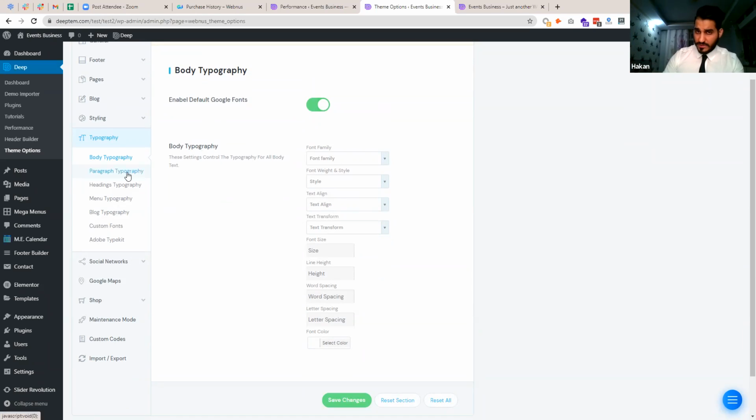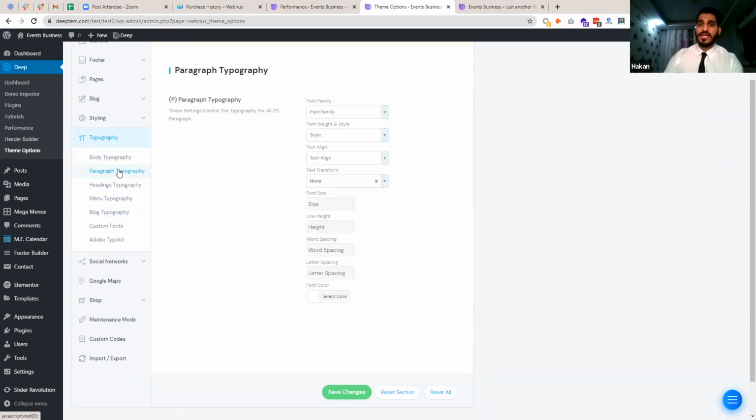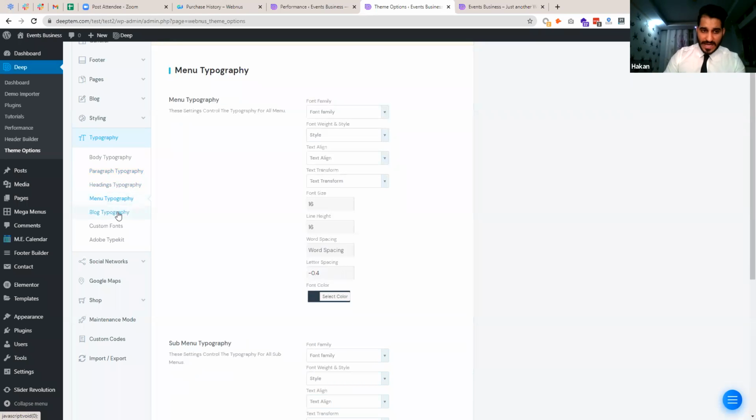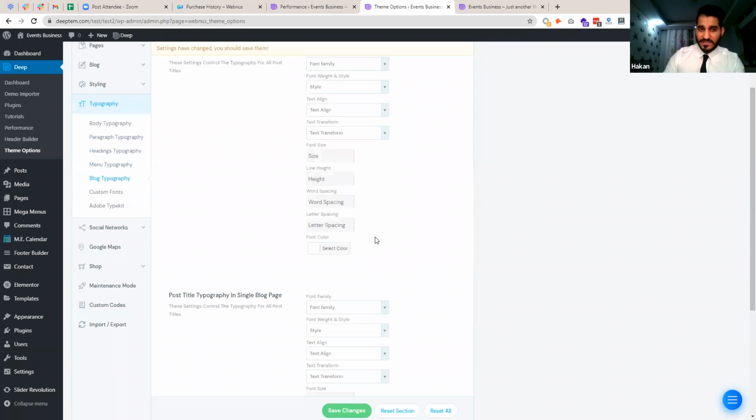Then we have it divided into different sections, like paragraph typography. If you have a paragraph or P tag in your HTML on your website for your posts or your pages, then simply from this menu, you can change the size, the color, the letter spacing, font weight, and anything else that you want to change in your paragraphs. The same thing goes for headings, menu typography, and then blog typography, which is what happens in your blog page,